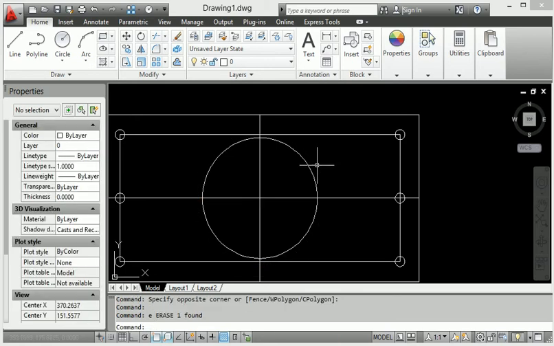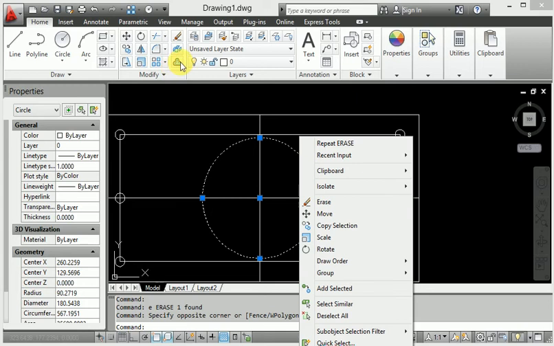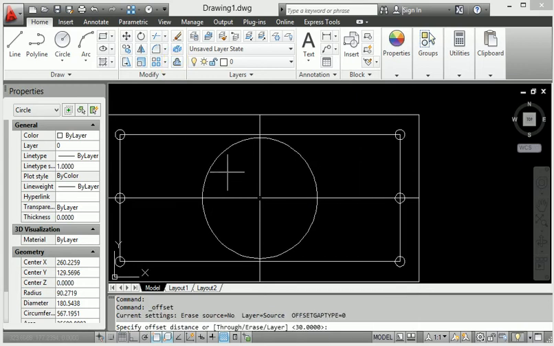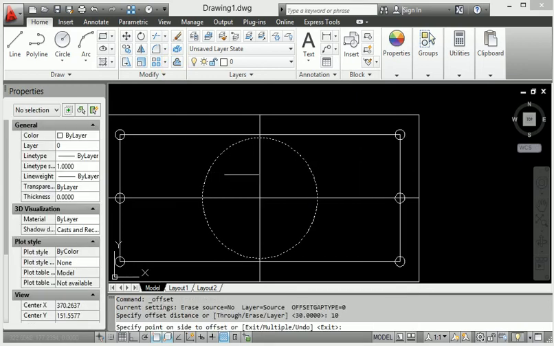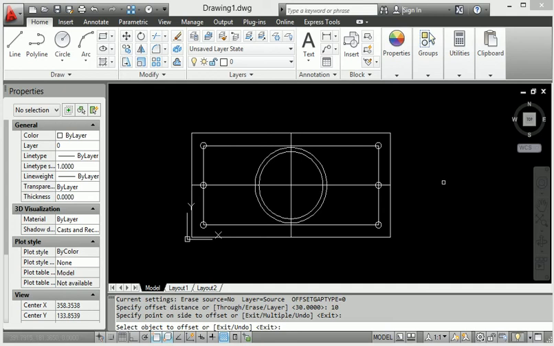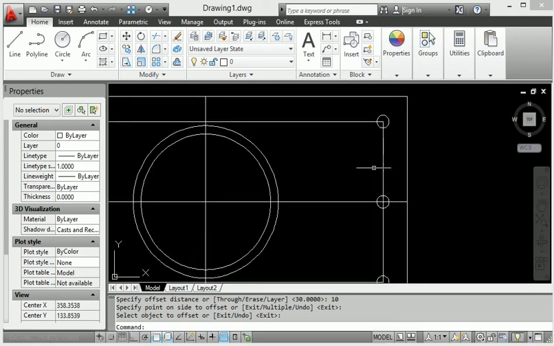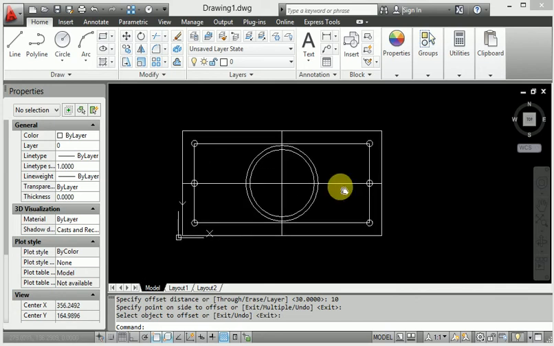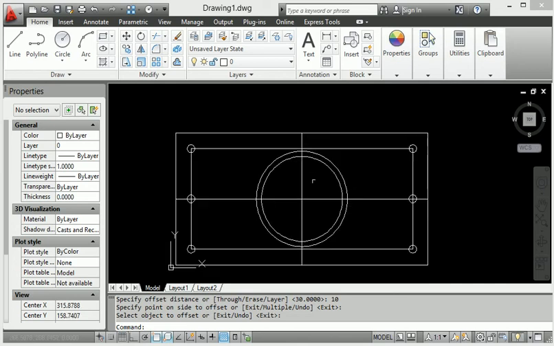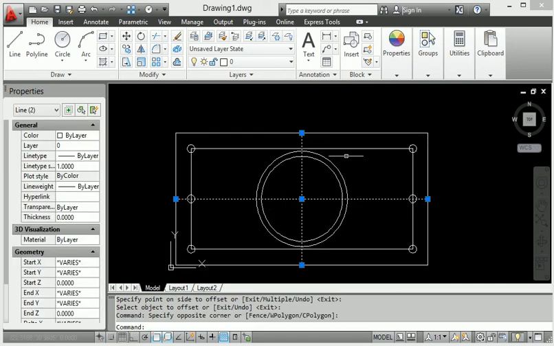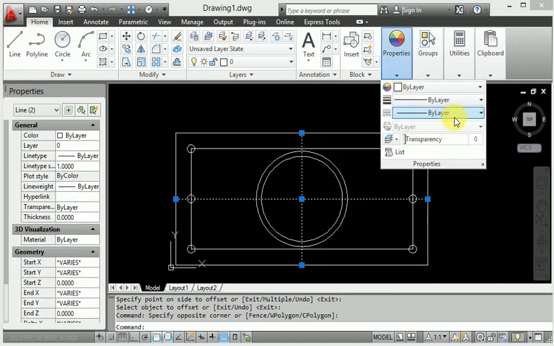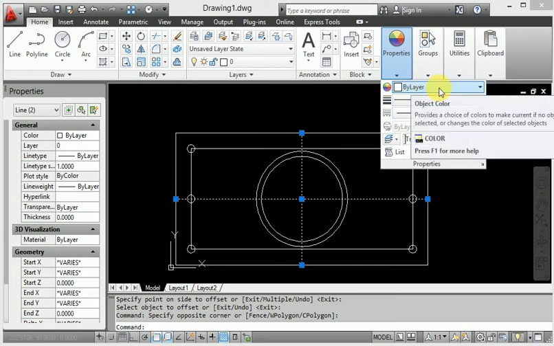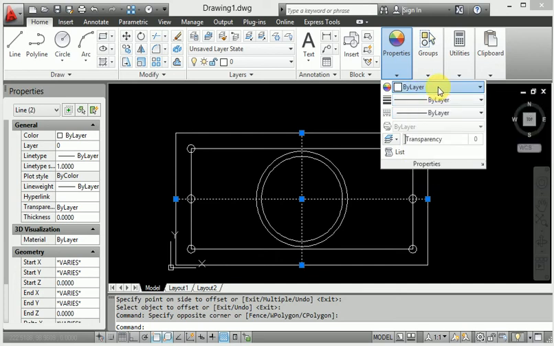When I have provided the particular dimension in the circle, I will delete this circle, and this circle I will offset by 10 mm distance on the inner side. Okay, then I will provide the center line, and which line is the hidden line, and also provide this here.